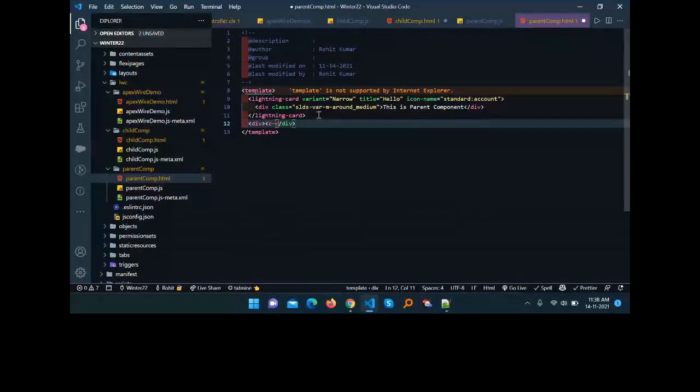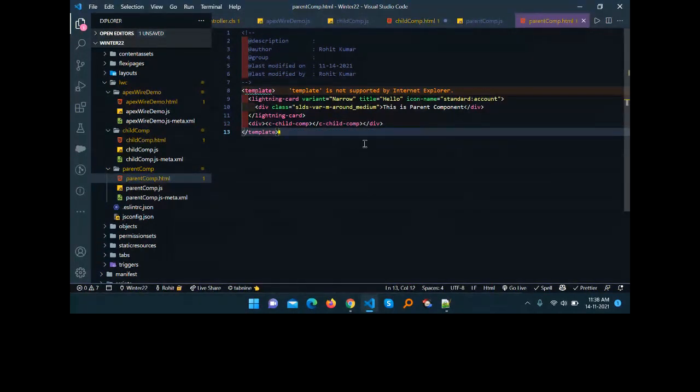If you don't know about kebab case, you can go ahead under Salesforce and check it out. Like c hyphen, and you give your child component name like child, and all the letters should be small with hyphen like child-comp, right? This is the child component. So I used the child component under the parent with the help of kebab case, right?